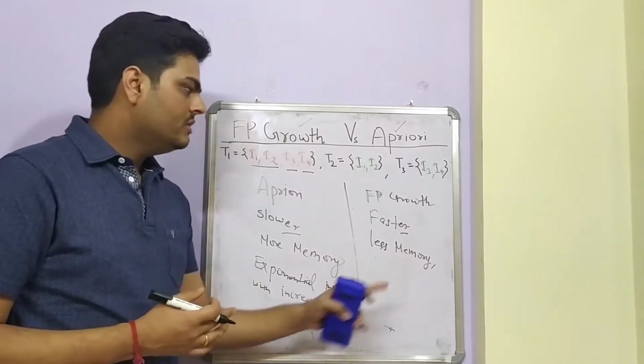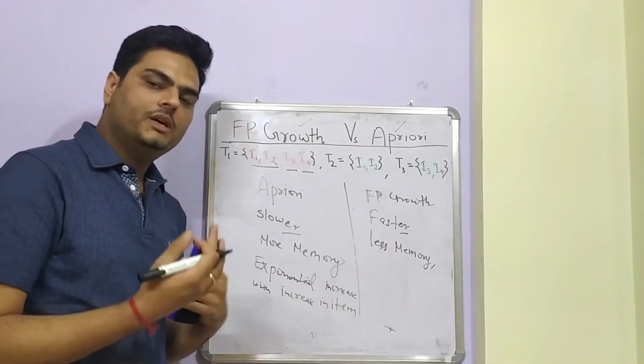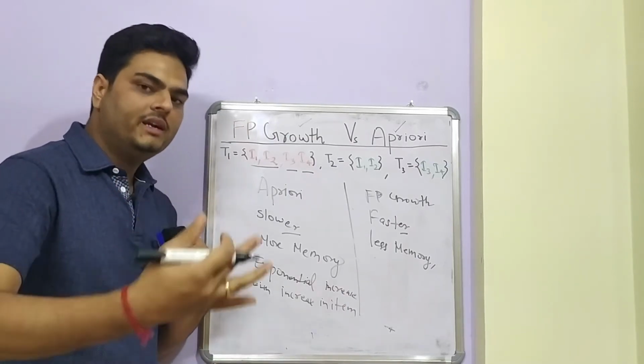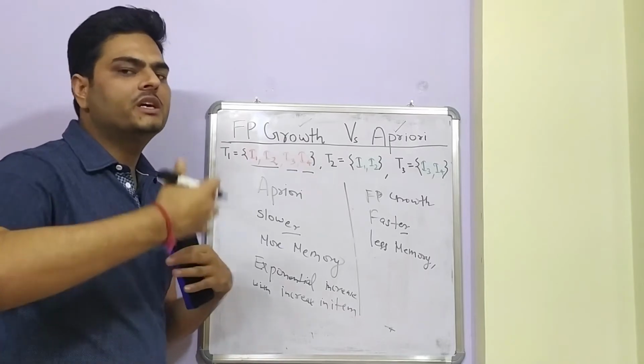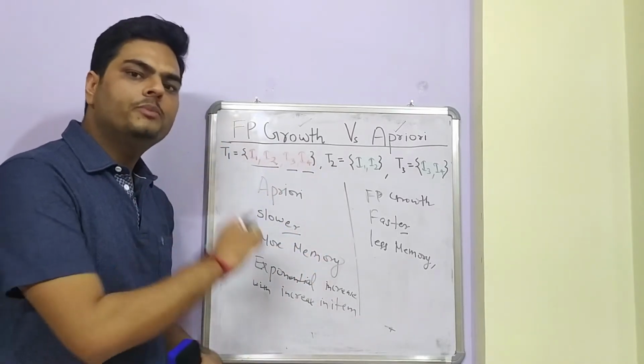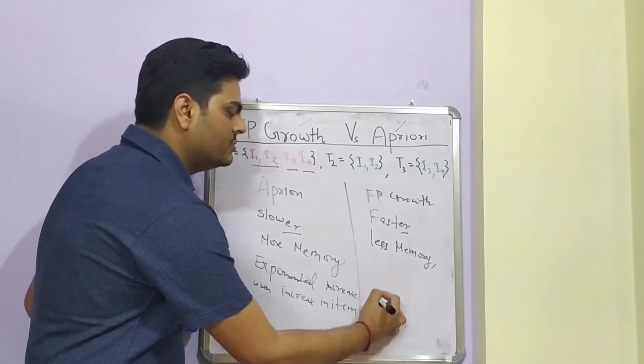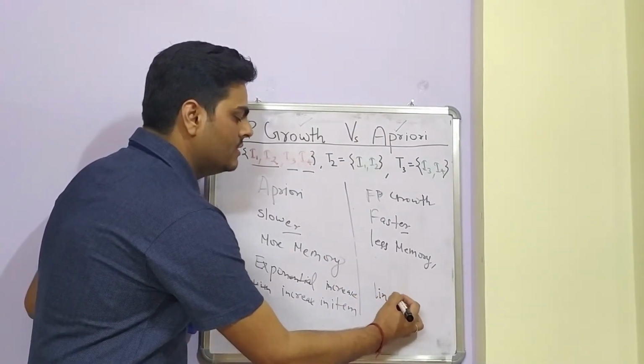On the other hand, you saw here it is a tree based algorithm, hence the cost when you increase the number of items also will not increase exponentially. Cost in terms of computational power or the memory you need to compute, right? So it will not be exponential, it will be linear only.